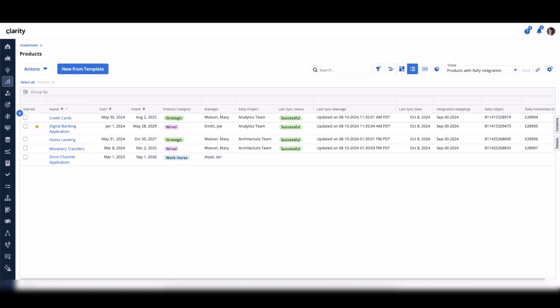So, to conclude this portion of the demo, Clarity Rally integration has relaxed the email address sync rules to be case insensitive, and now allows a successful sync of the mapped user-oriented fields. Okay, so let's switch gears and we'll talk about the next Clarity Rally integration update.